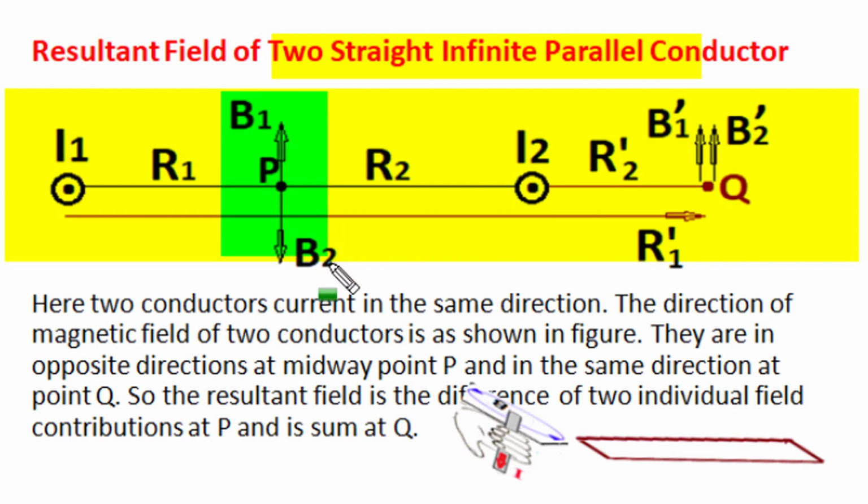Since magnetic field flux density is a vector, we first have to find the direction of magnetic field from the I1 conductor at P and Q, and similarly from the I2 conductor at P and Q. If two magnetic fields are in the same direction, their vector summation becomes a simple summation, and if two vectors are in opposite directions, the vector summation becomes a simple difference of the two magnitudes